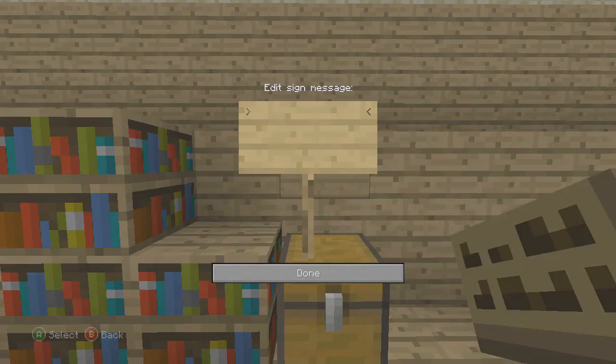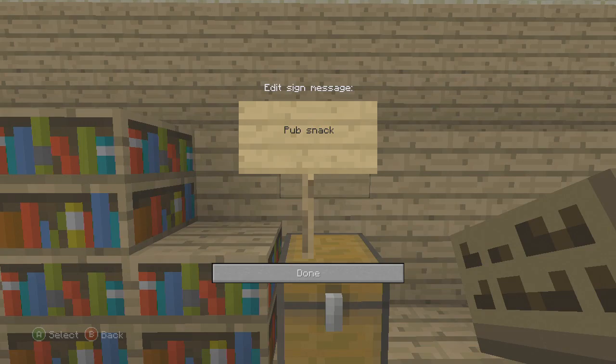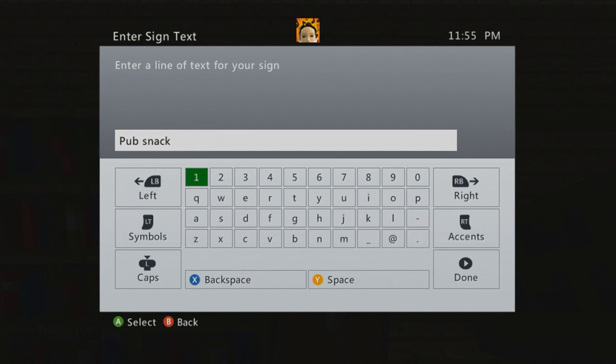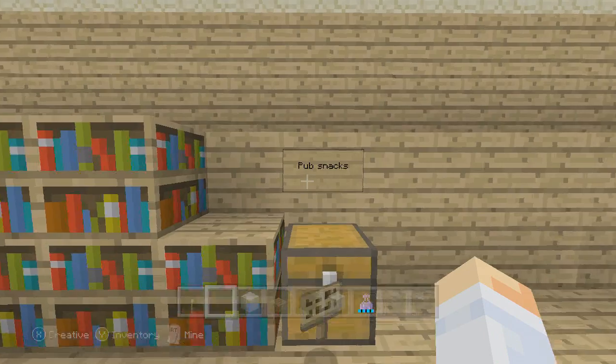Oh, sorry. This one is pub snacks. Second line, capital P. This is all one line, and the word snacks is not capitalized. Oops, it's also not spelled without a C. I need an S on that, I guess. Snacks. Okay, so